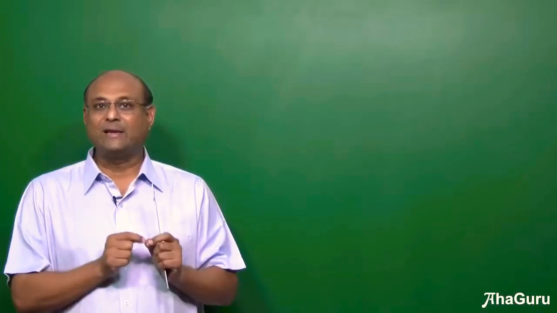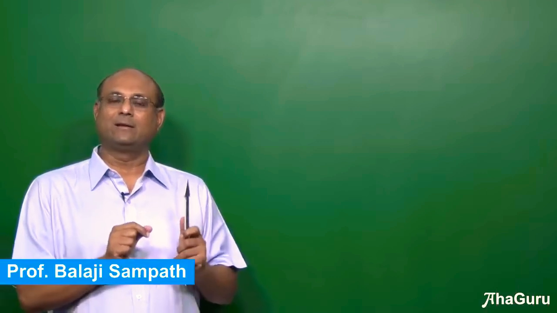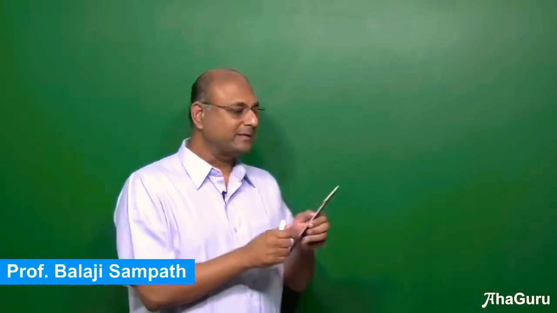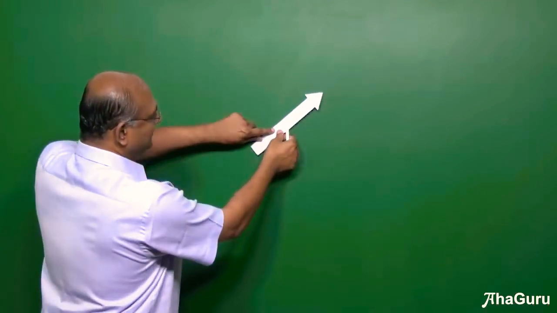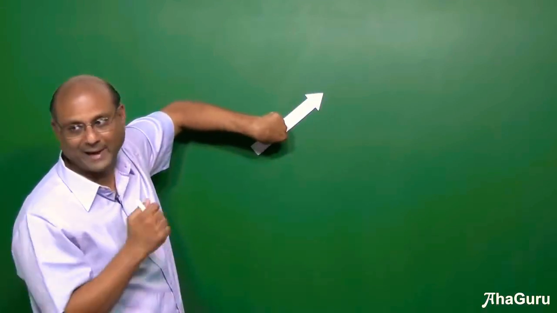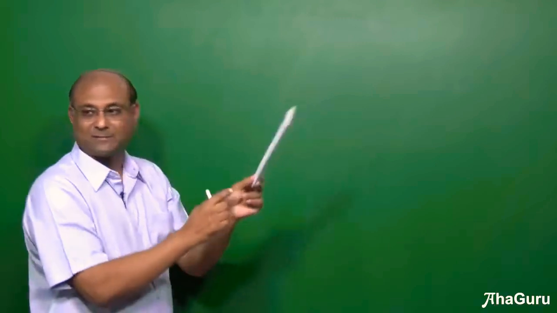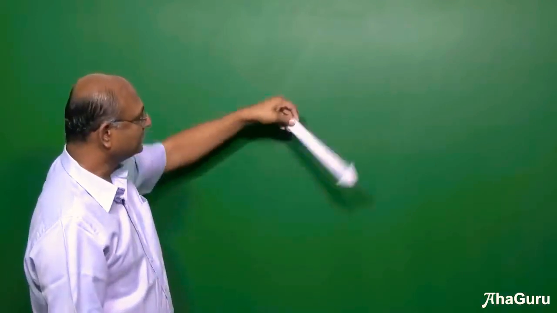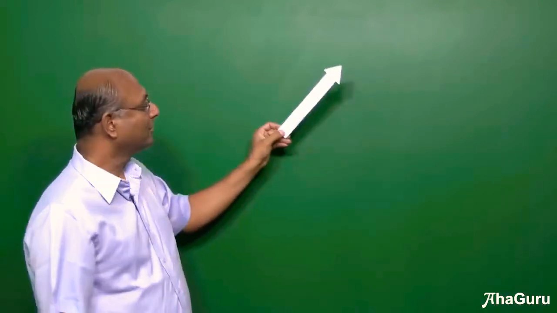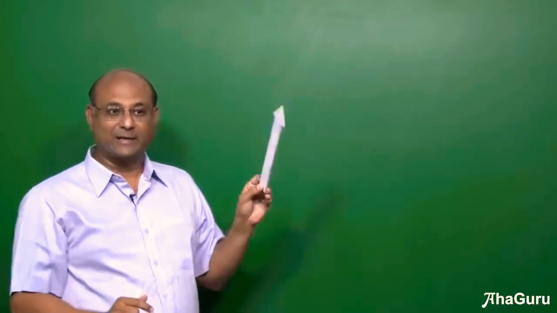Now let us look at this idea of magnitude of a vector. We have already seen basically what magnitude of the vector is. If I have a vector, its length is what we call the magnitude, right? The vector could point in any direction. So suppose the vector was of this length. These are all different vectors, but they all have the same magnitude.